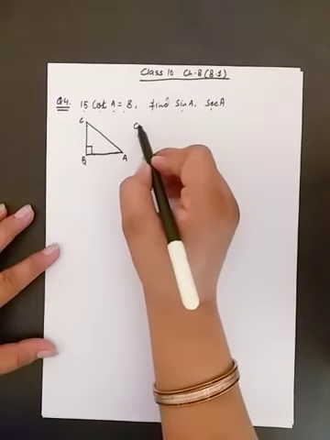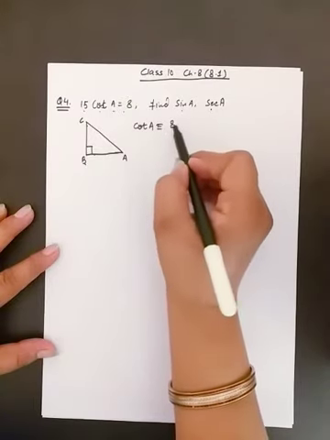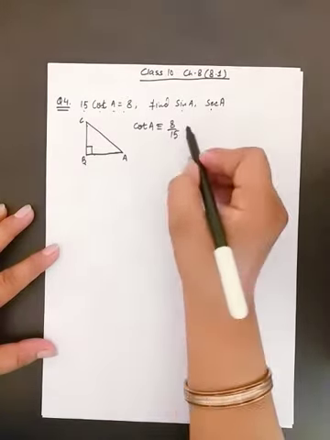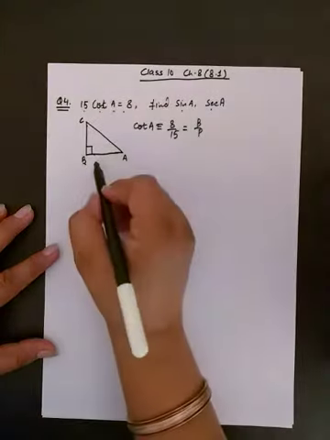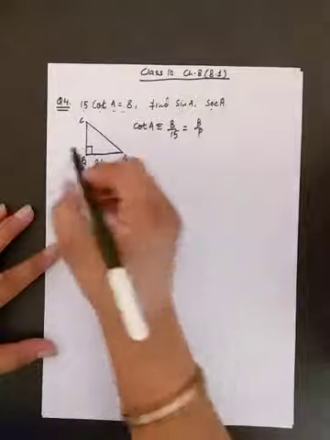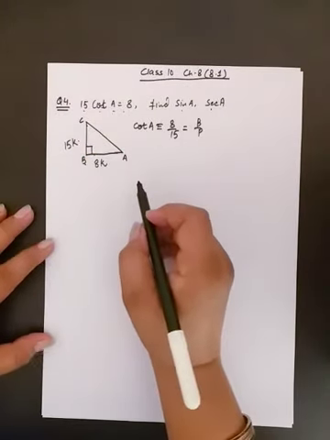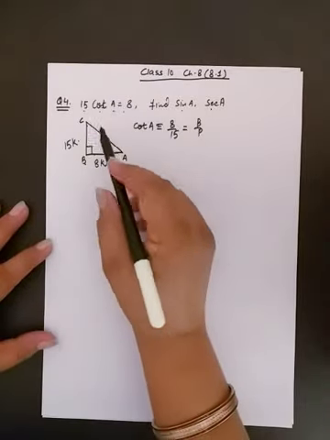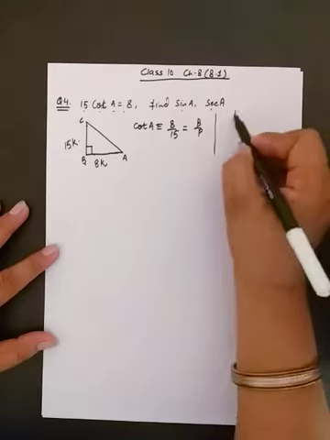Now there is given 15 cot A equals 8. So first of all, what we have to do? We have to shift 15. We can write it as cot A is equal to 8 by 15. And cot A is base by perpendicular. So it means base is 8k and perpendicular is 15k. So on the basis of this, first of all, from triangle ABC, we have to find the value of AC by using Pythagoras theorem.